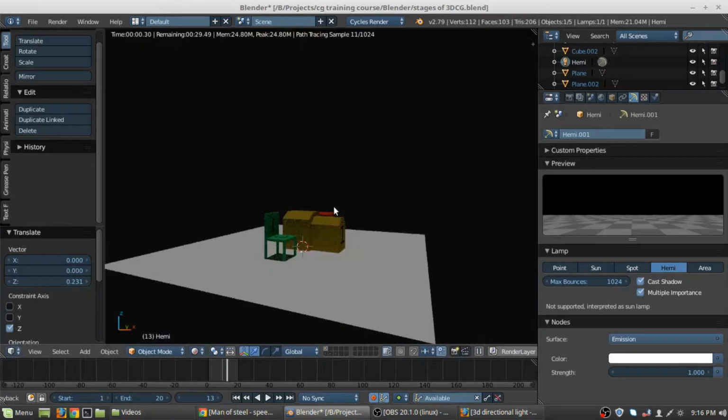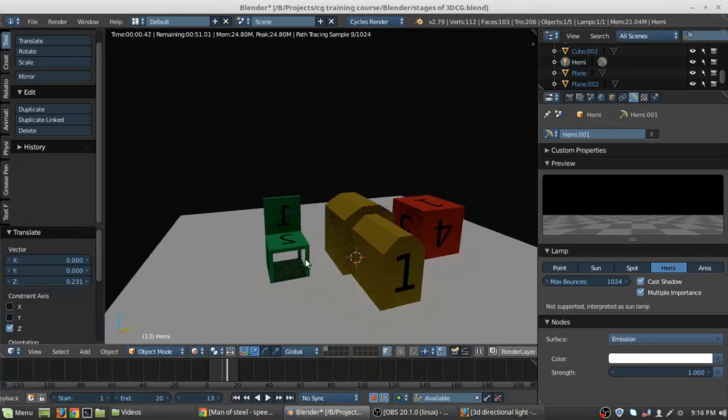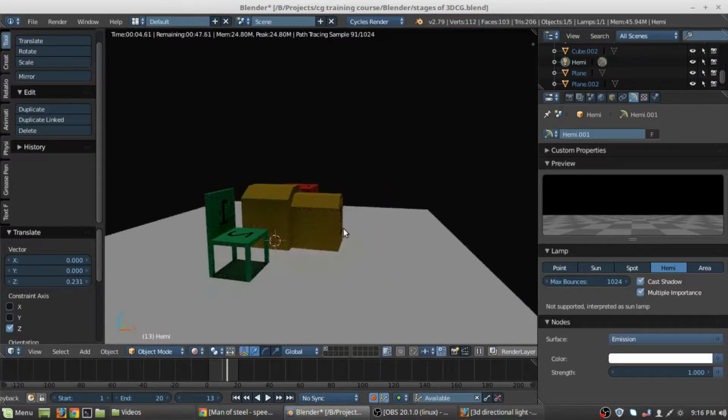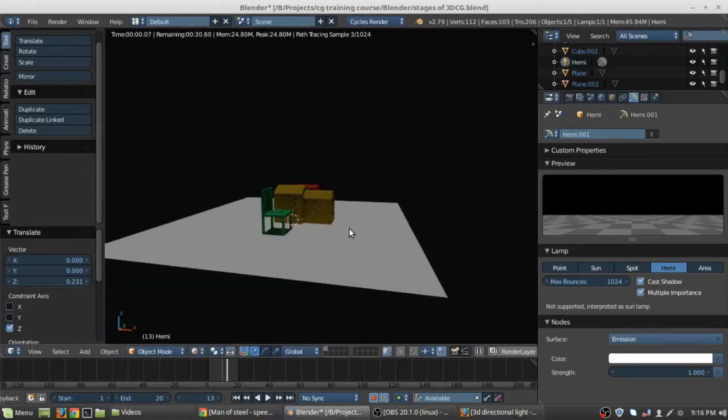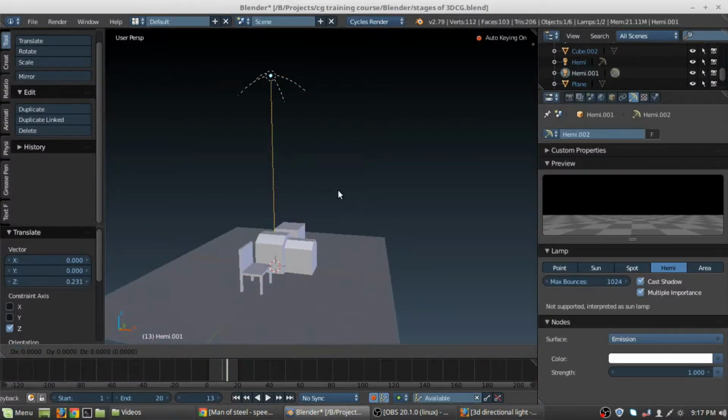This is a hemi-light, and first of all, it's showing us some shadows, which it should not, because basically it is a skylight. For some reason it's acting odd. Let me just go and real quick